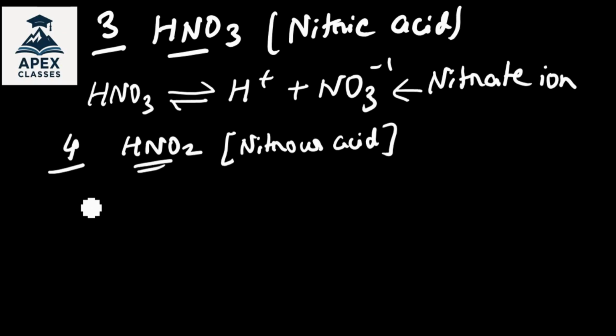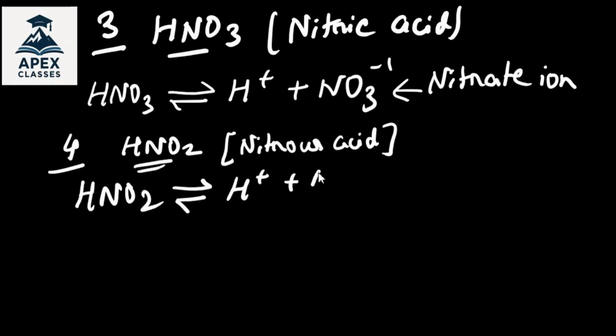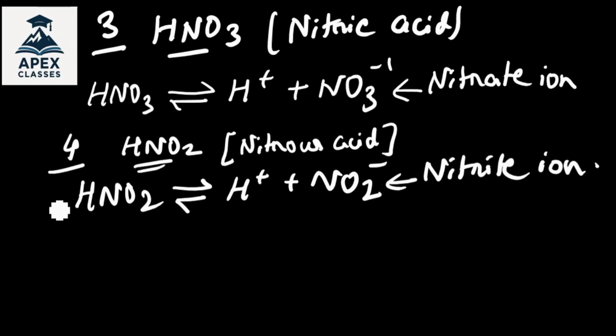Okay, that we will see later in some other video. So how will HNO2 dissociate? Same way, H plus and NO2 minus. NO2 minus means the nitrite ion. Now, then comes phosphoric acid,